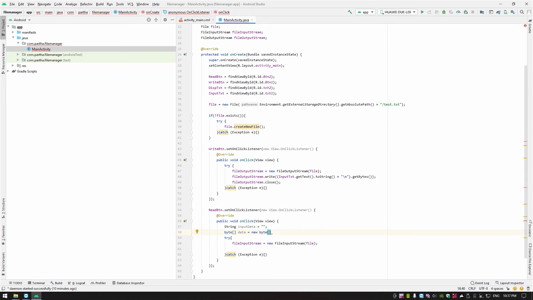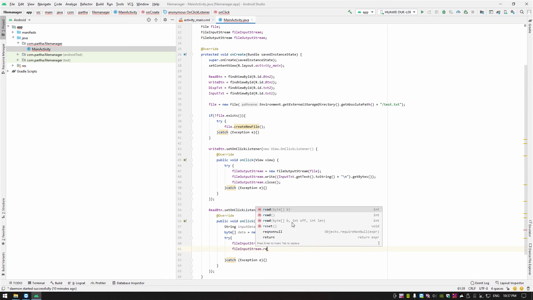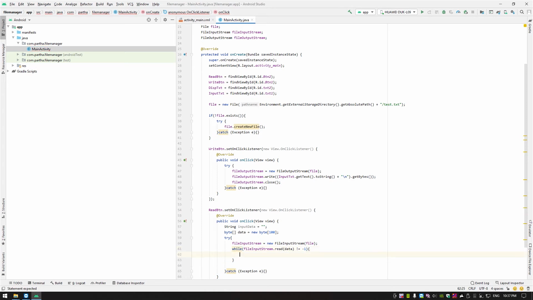Let's say it is around 100 bytes. So FileInputStream.read returns how many bytes it has read. While it's not equal to -1, the end of file returns -1,